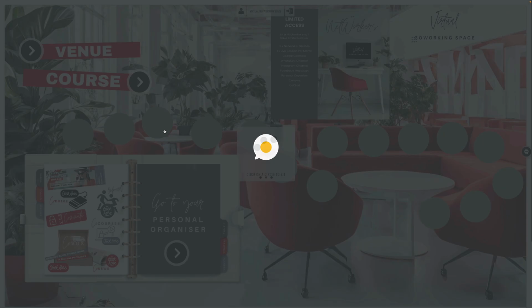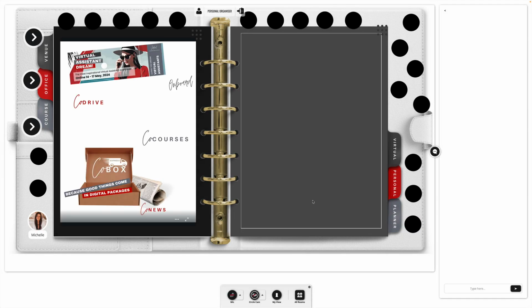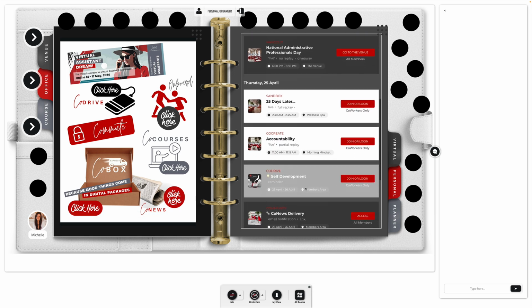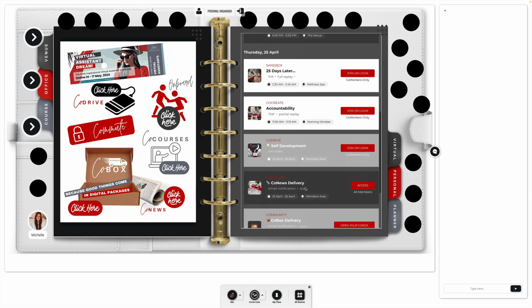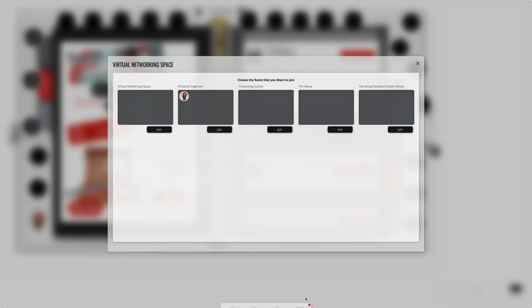The final thing that I want to show you that's inside this area is the personal organizer. There is a separate video about the personal organizer, which you can check out. This is the personal organizer, and it's a really good place to plan out what you're going to be doing in virtual co-working space and to see what's coming up in the schedule. But if you want to know more details about the organizer and what it can do for you, then check out that video separately. Now, there's one more thing I want to show you, and if we go back to